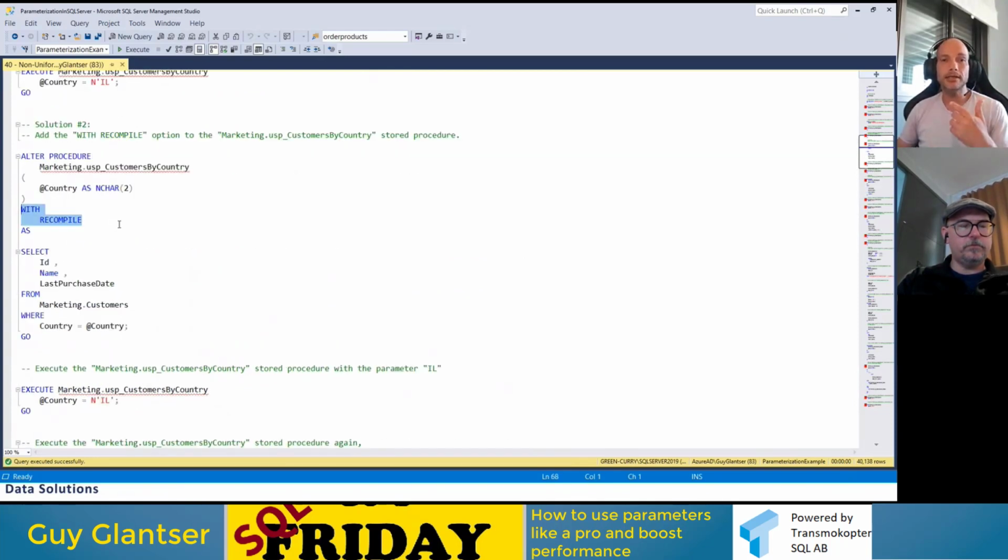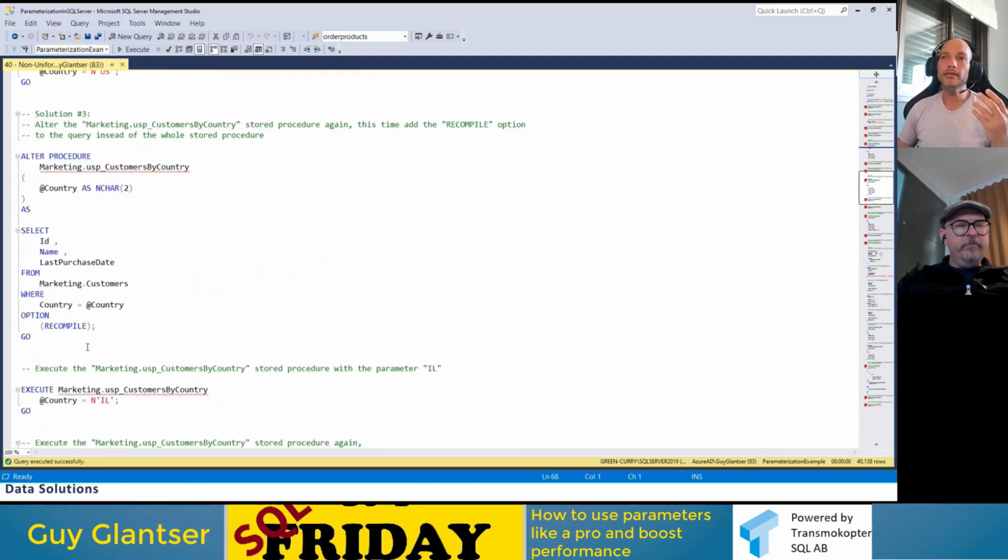And during compile time, there are many things that the optimizer doesn't know and can't use. Things like we talked about local variables earlier. So I said that a local variable is an unknown value during compile time. But if you use option recompile, and if I had here a local variable, that's not a problem, because during runtime, at the time that SQL Server gets to this statement, it already knows the value of the local variable.